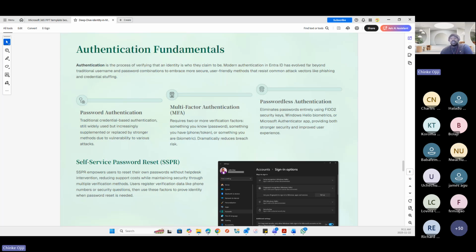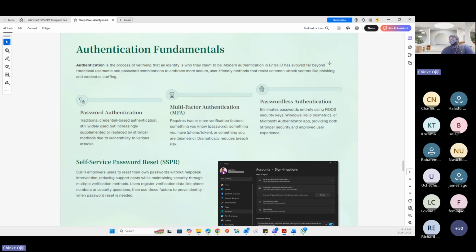The list is growing. This is what we have now, and I bet you in the next 5 years, there will be more authentication methods possibly available that will improve the process of authentication for the digital space. There's also self-service password reset, which allows users to reset their passwords without having to create a ticket.